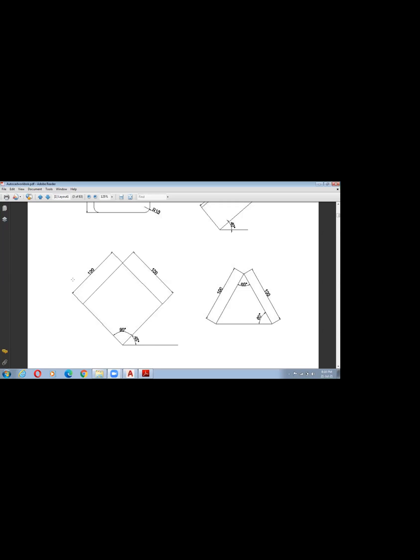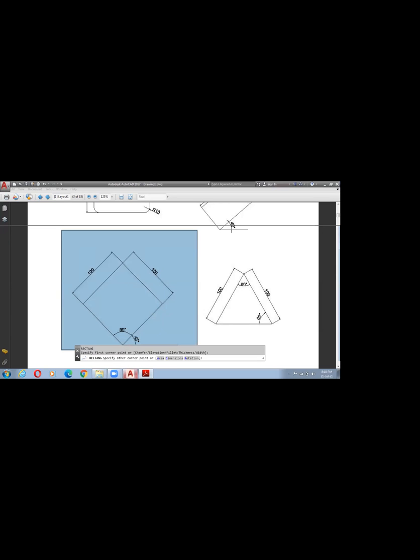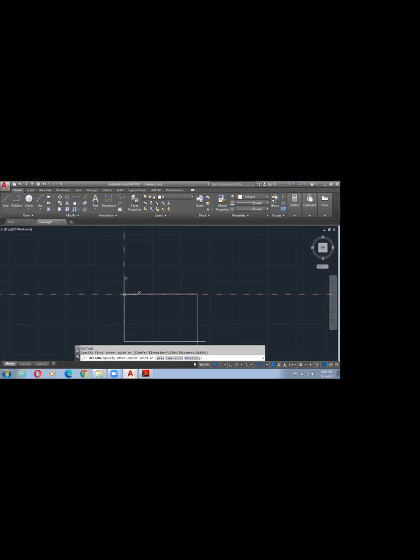I will share the screen again. See, here you can see this example. Got it? Rectangle at 45 degrees. This one. How to make this in rectangle? Simply, with this tool, we have started the rectangle. Now see, select the rotation or R enter you can use. R enter. Now provide the angularity of 45 degrees. 45, enter. Got it?